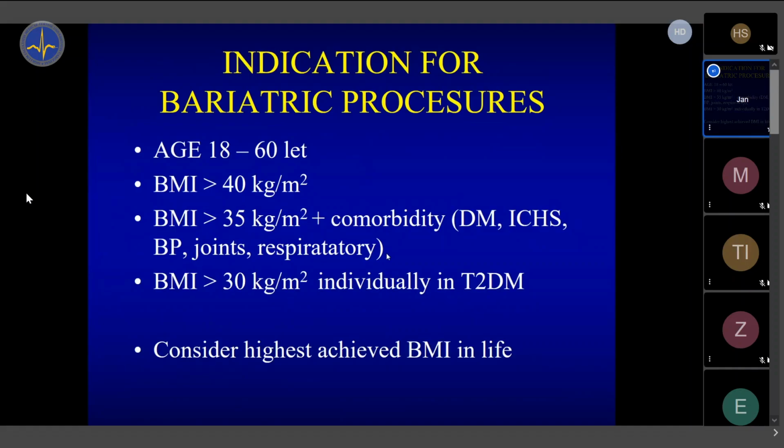It's for everyone who has BMI over 40. So if BMI is over 40, you can at least give a patient a brochure or have a small quick intervention, five minutes talking about possibilities of bariatric surgery. If the patient has some other comorbidity, diabetes, cardiac compromise, after infarction, has higher blood pressure, has arthrosis, has sleep apnea, then you can indicate, and the insurance company will pay for it.